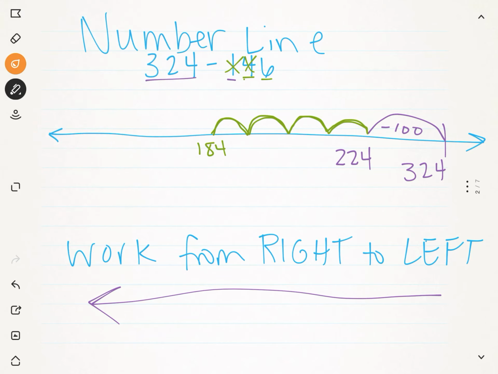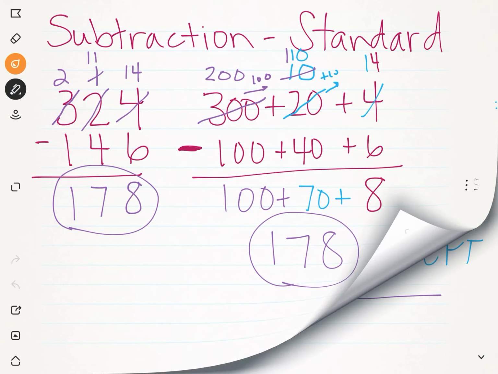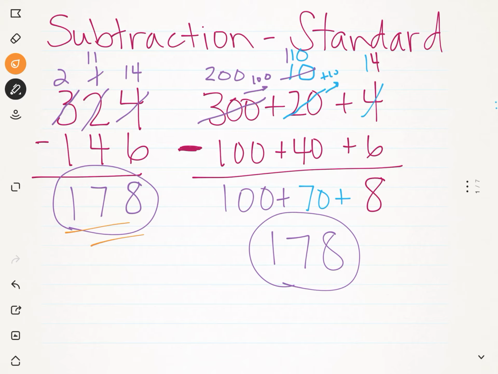So now we're left with our 6 ones. Let's do orange for this one. So I'm gonna make 6 little bumps. 1, 2, 3, 4, 5, 6. And we're gonna count backwards by ones. So 184, 183, 182, 181, 180, 179, 178. So as you can see, we get the same answer here, backwards, that we got